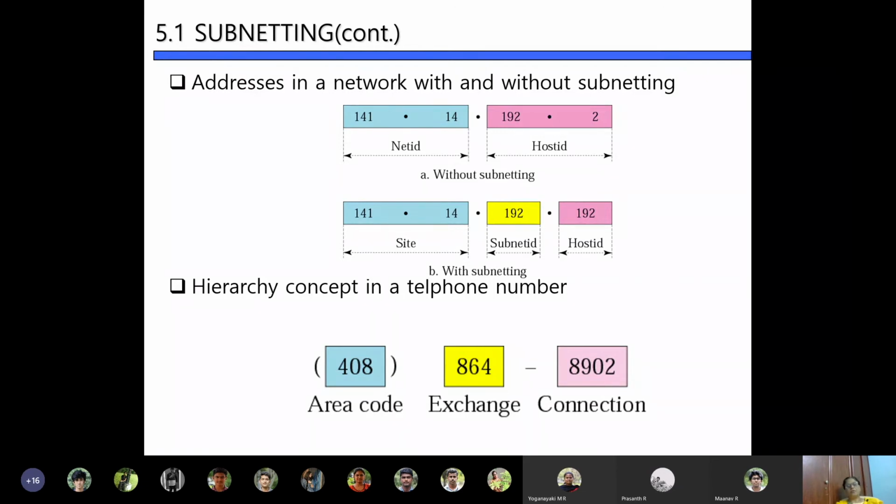Each network can have 2 power 8 hosts. So the number of hosts is actually increasing. Though you are compromising on the number of bits allocated to represent net ID, you are only increasing the number of hosts.